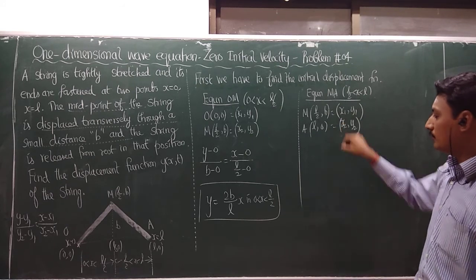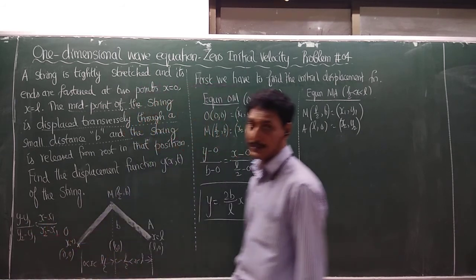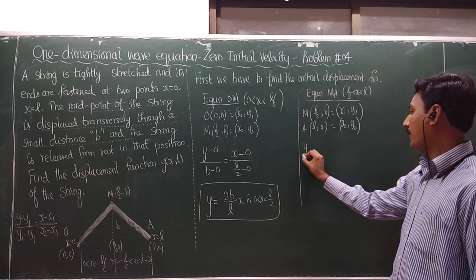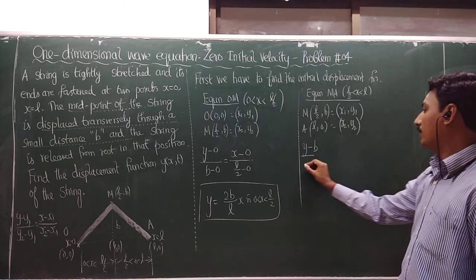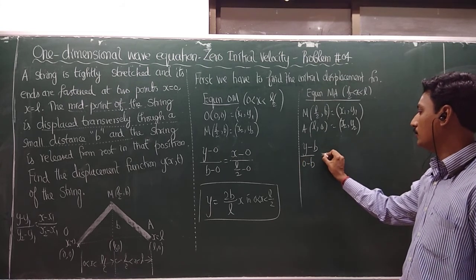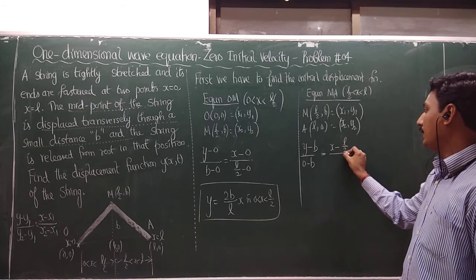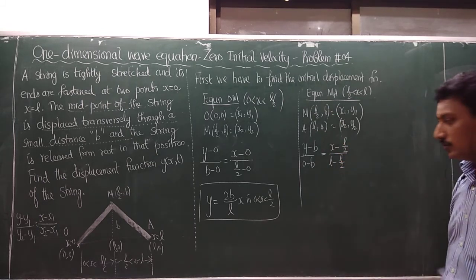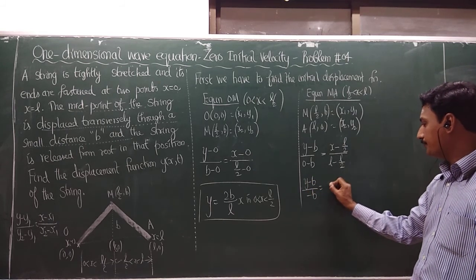Now by using the same two-point formula, (y minus y1) by (y2 minus y1) is equal to (x minus x1) by (x2 minus x1). So we write y minus y1, what's the y1? b, by y2 minus y1, 0 minus b, is equal to x minus x1. What's x1? L by 2, by x2 minus x1, so L minus L by 2. So by that way we get (y minus b) by (minus b) is equal to,